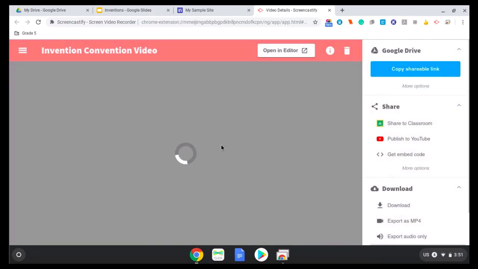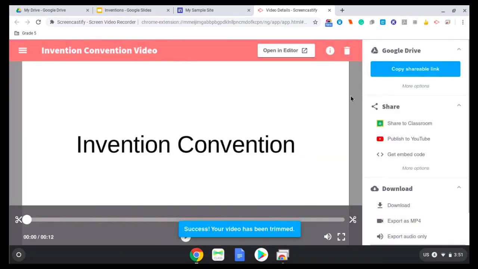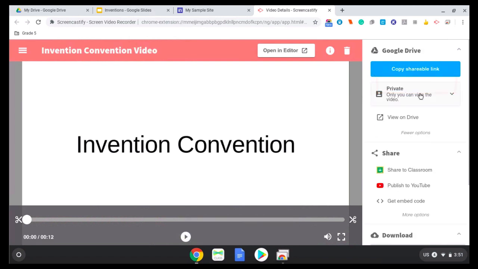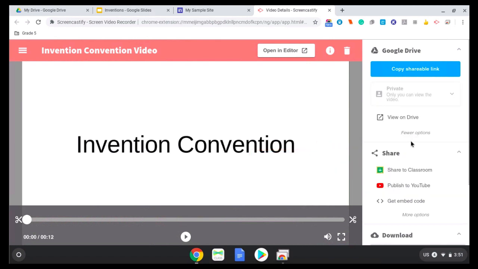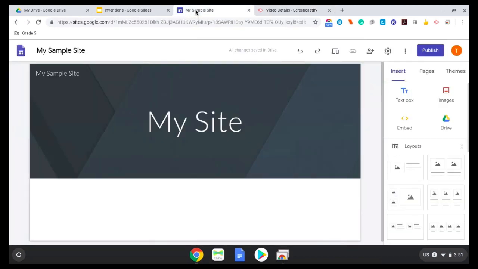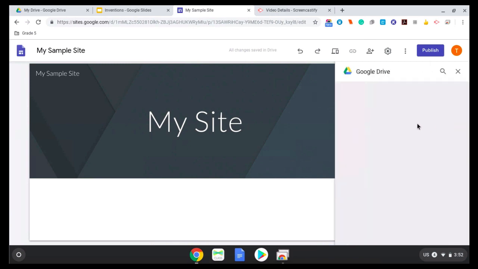Now, to put that into your Google site, we're going to go to More Options, and here we're going to change this to Public, so that anyone can see the video. All right, so this allows our families outside of HIS to see the video. Then we're going to copy the shareable link, and then we come back to our sample site here, go to Google Drive,